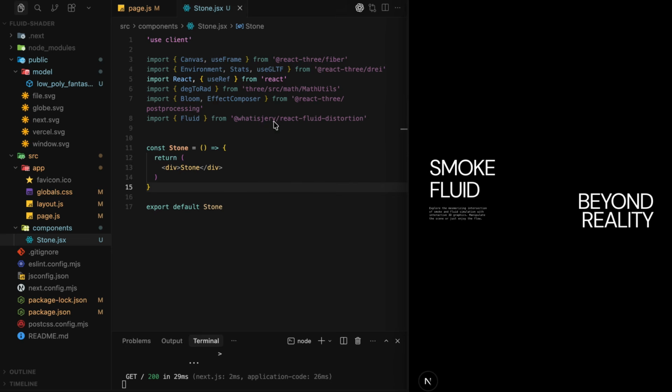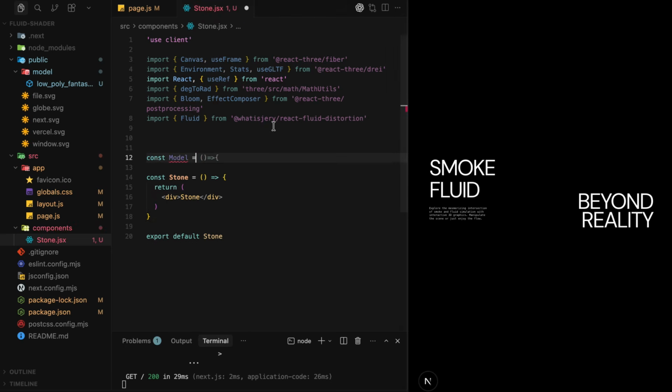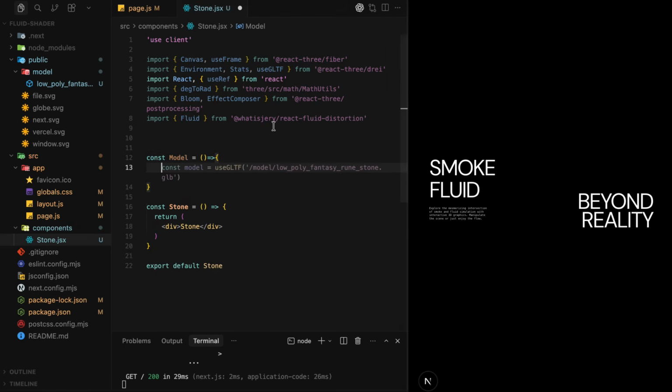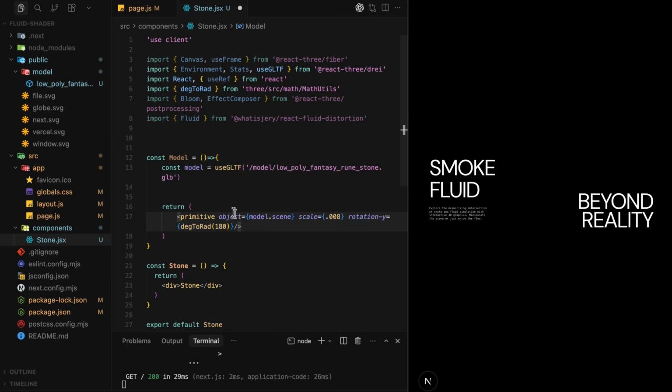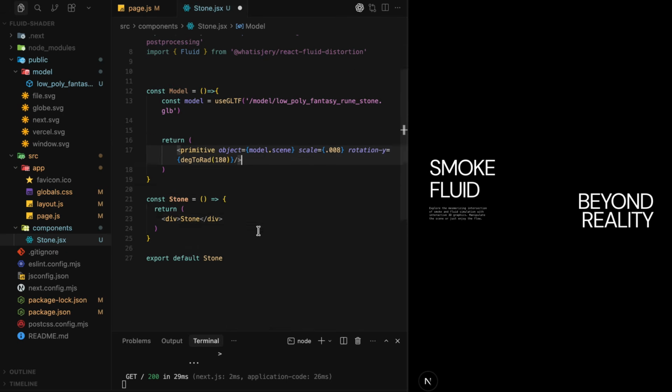Once everything installed, I am just creating a model component, loading the GLB with useGLTF and dropping it in using a primitive, then scaling it down and rotating it a bit on y-axis.